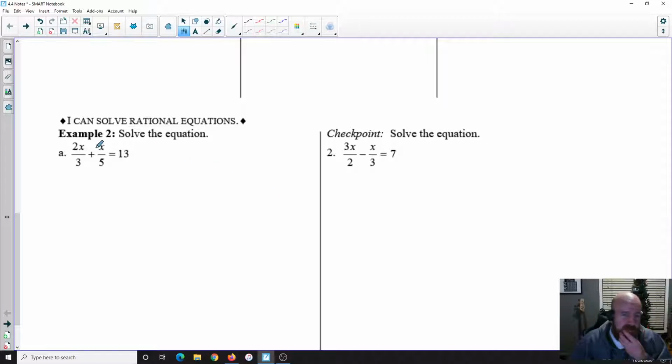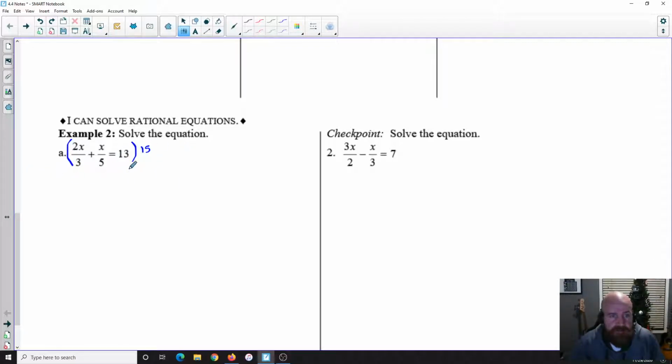All right, next type here. We have two fractions added together equaling some number. There are a couple different ways you can do this. You could combine the fractions using least common denominator and then do the cross multiplying. I think the easiest thing to do here is to multiply by the least common denominator. If we look at all the fractions, this is a 1, so we always have to know that. The least common denominator between 3 and 5 is 15. So if we multiply this entire equation by 15,